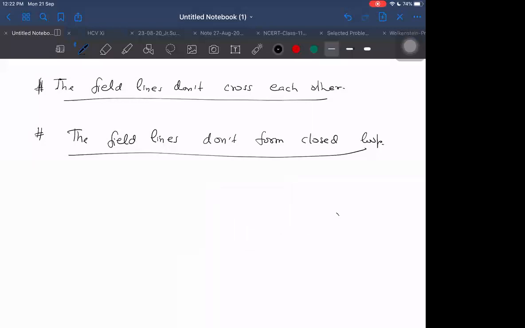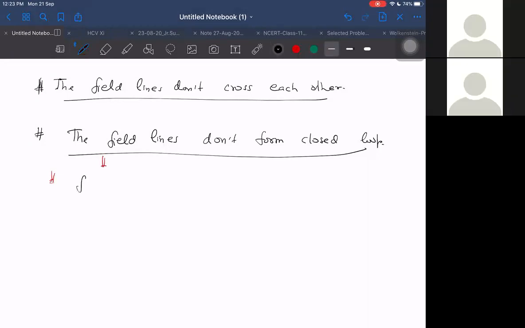If they formed a closed loop, it would mean there is no mass present anywhere, and without any mass being present, the force is still acting everywhere. The field is in this direction here, in this direction there. That will never happen. The field line has to terminate, it has to end at a mass, but these are not ending anywhere, just forming closed loops, which is not possible. And we can say another thing here, in another way: we can say the field lines are conservative.